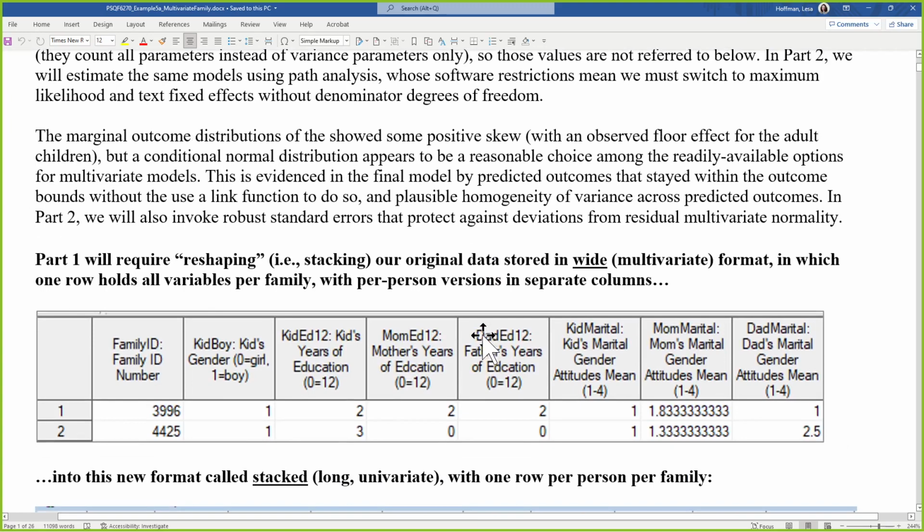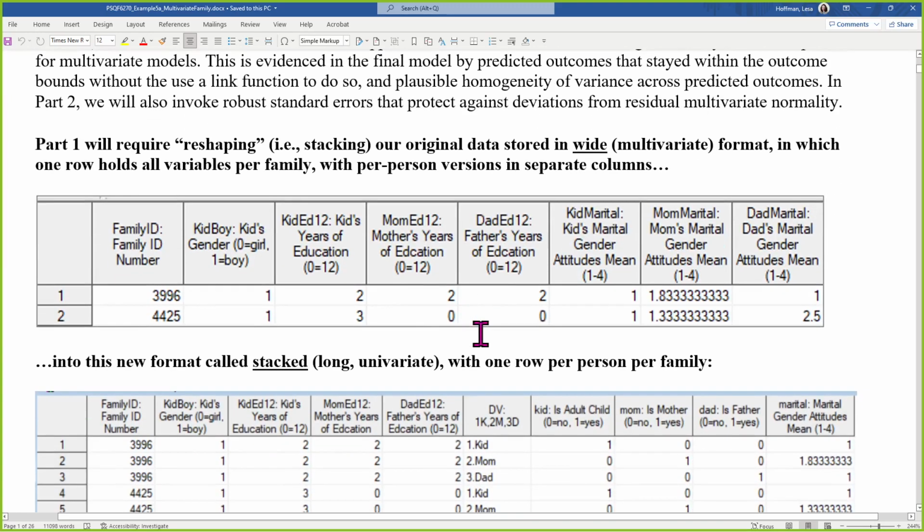So the first thing that we have to do for this analysis, if you're trying to use univariate software, which we are in part 1 (part 2 we'll do this as a path model), is to restructure the data so that there's only one column that holds all 3 outcomes. That is what's known as stacking the data. It's also known as reshaping. Those are the words that you should ask the Google for if you're looking for how to do this